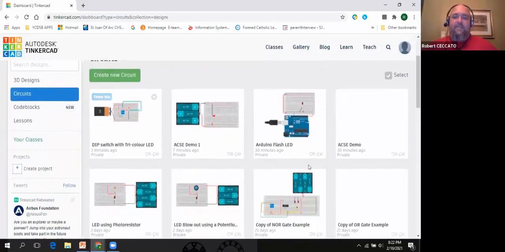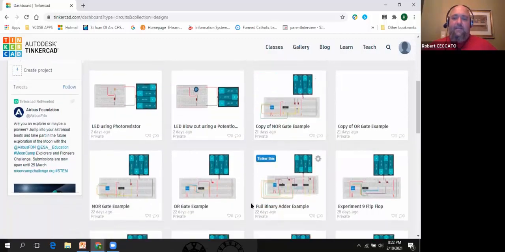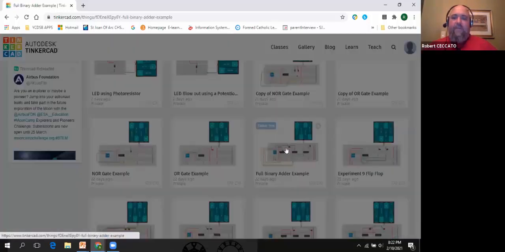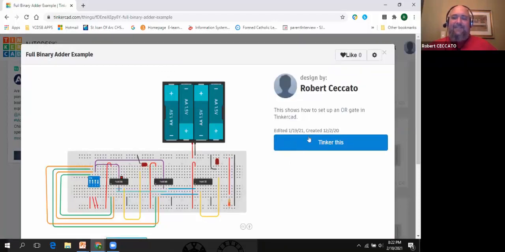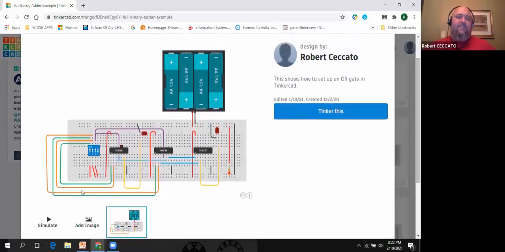So you can see here, I have a whole bunch of circuits already made up. And if you want to take a look, here's a full binary adder that I built with my students. And so once again, it's just a matter of playing with it. And you know what? It really wasn't too difficult. I did find, though, that